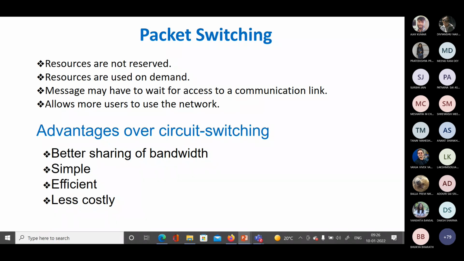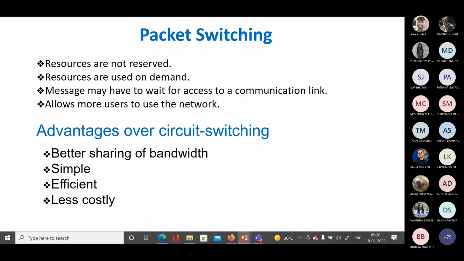Even if you dedicate the resource for some time, the number of packets getting sent might be less. However, if you know that only these are the sources from which bursty data might come, then you can dedicate that resource. That will be a good idea.